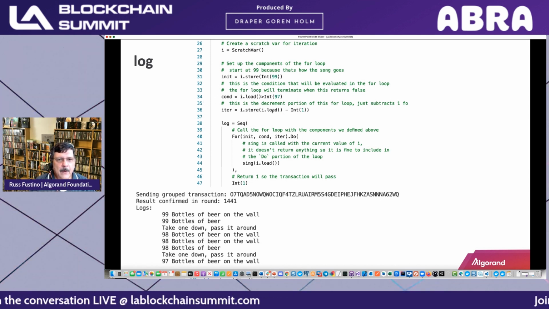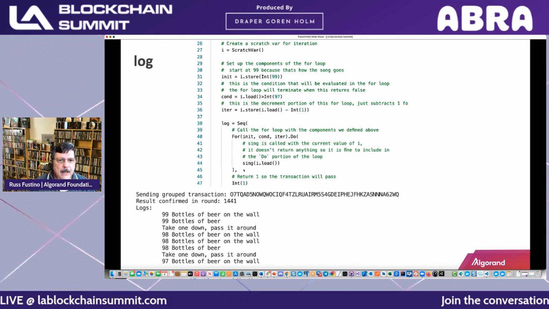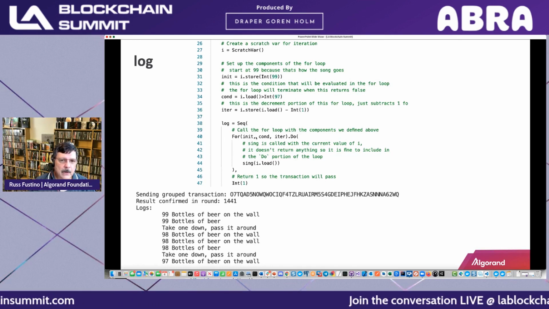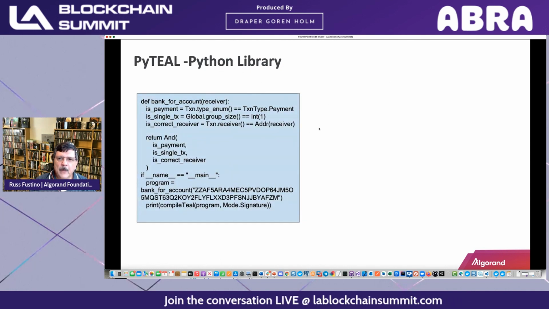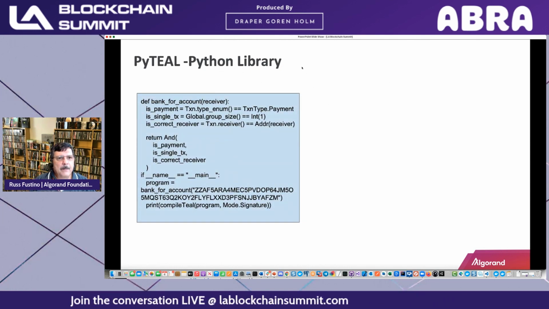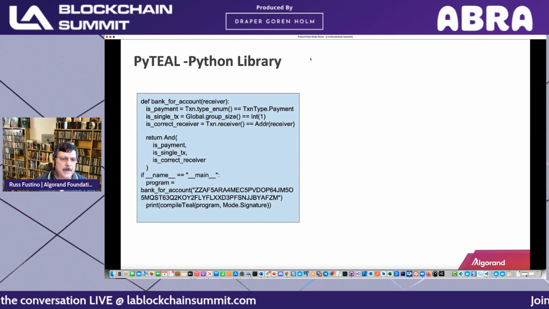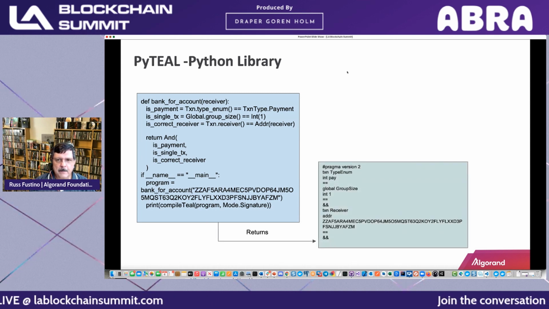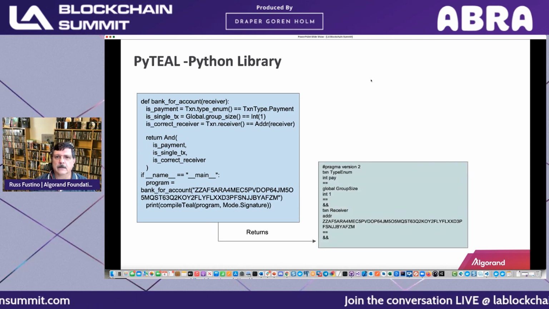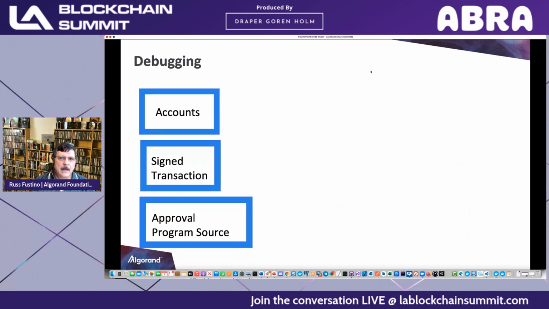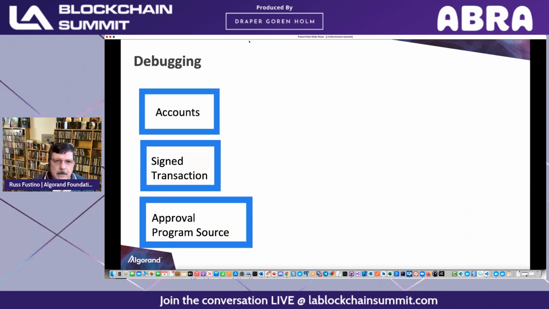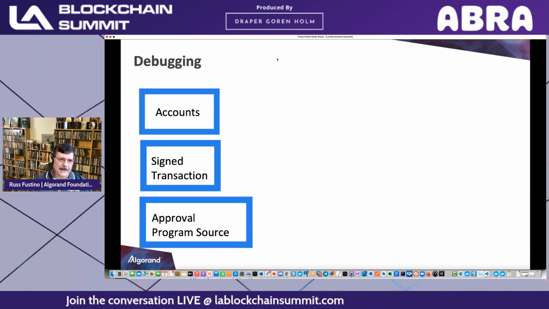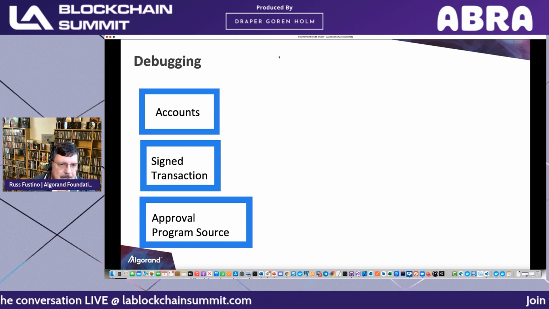Then we're going to go ahead and use our iteration, and the sequence is going to happen here. We're going to do our iteration until we get down to the bottom. And then we also have PyTeal, like I mentioned. So this would be the Python, and it simply compiles out and generates TEAL. So very handy. On the debugging front, when you're debugging, it's going to entail three things: accounts, signed transactions, and